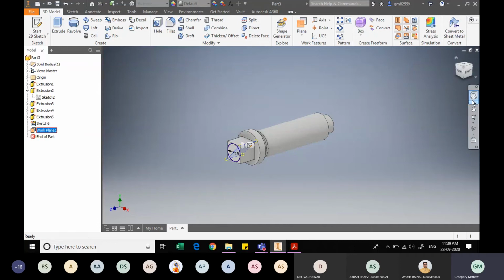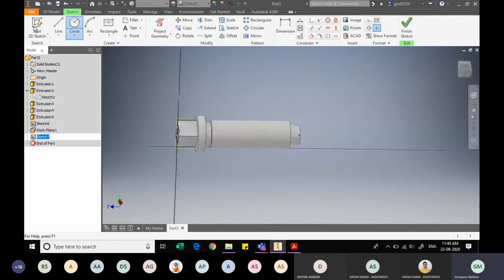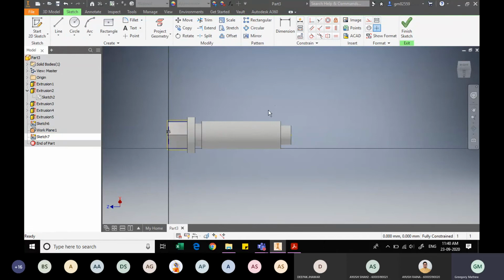I will just slightly rotate. Now on this work plane that we have, we will create a triangular sketch. So using the sketch command, the work plane is automatically selected. Going to the line command, I will hide the portion of the part in front of the sketch.